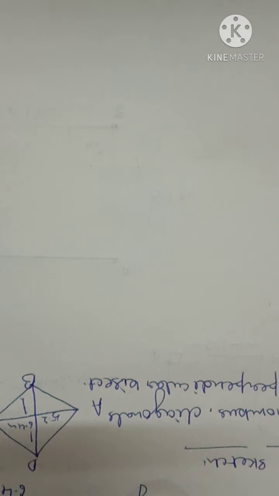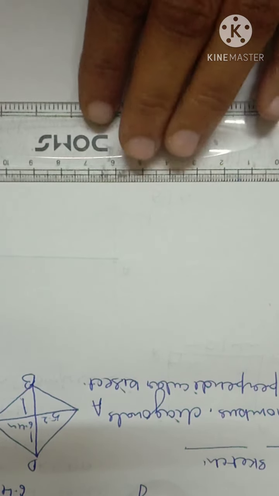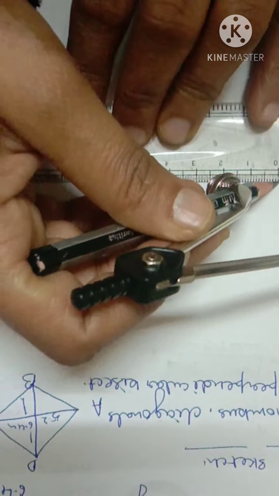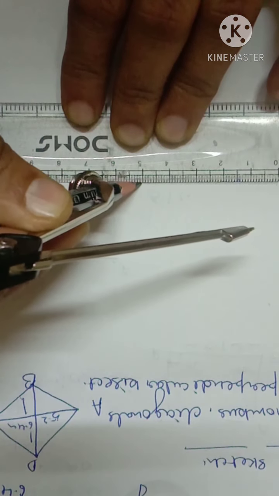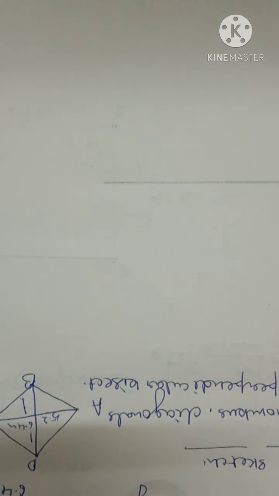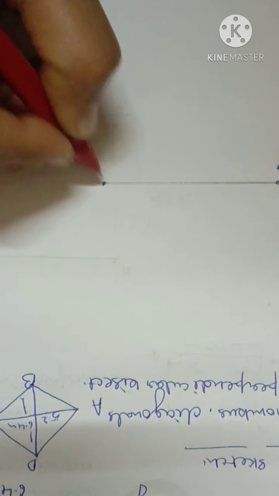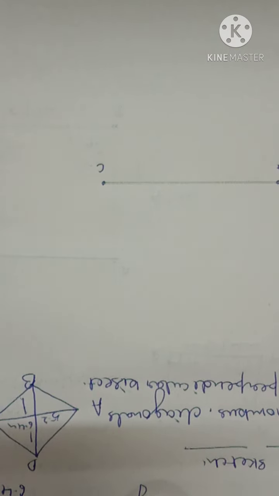Now come to the next question. In this question we have to draw a rhombus. The diagonals are given as 5.2 centimeter and 6.4 centimeter. Here, children, we know that in a rhombus the diagonals perpendicularly bisect each other. So how will we do it? First of all, we will draw a line segment of 6.4 centimeter. After that, we will find the bisection. Here A, here C. Clear? After that, I will find the